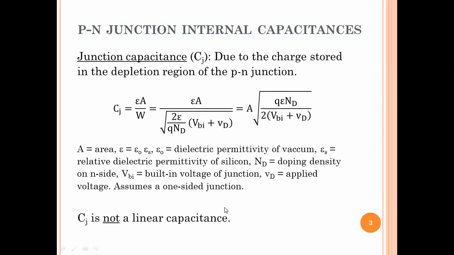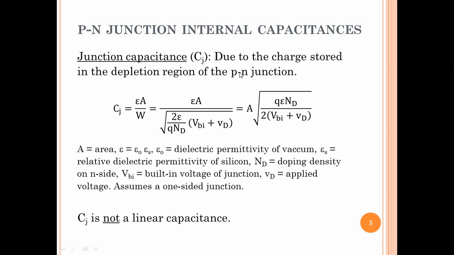Okay, so to begin with, let us look at two capacitances that are part of a PN junction. We may have very briefly talked about this earlier, but this is just a slightly longer description of the capacitances. So the PN junction has two capacitances internally. One is called the junction capacitance. I'm calling it CJ, different people call it different things. This capacitance appears due to the charge stored in the depletion region of the PN junction, and after solving Poisson's